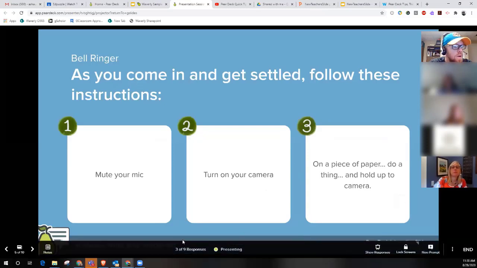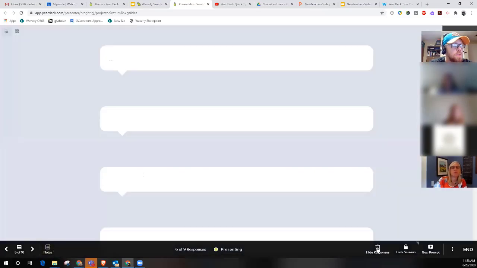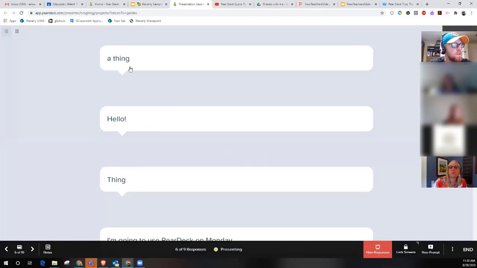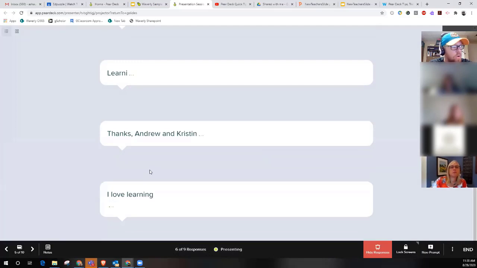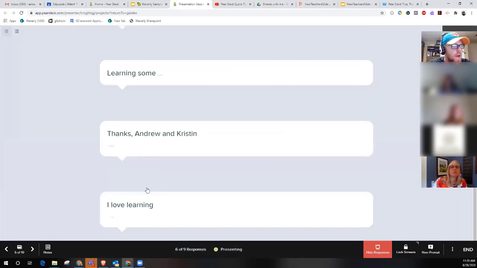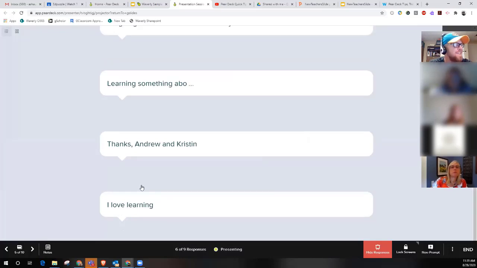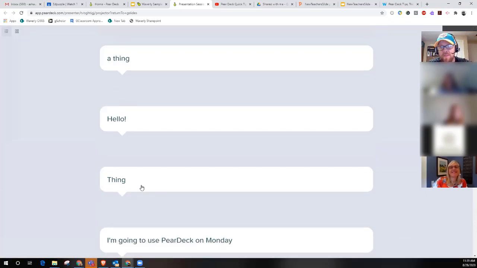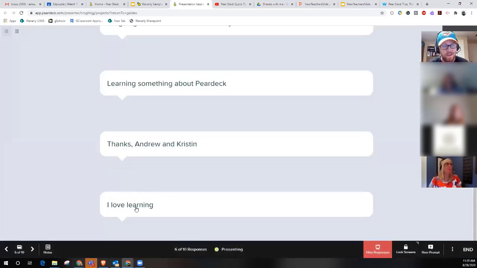But I, as a teacher, will have a dashboard that shows the responses. But you notice if I hit show responses, it is going to show anonymously what you guys wrote, so that you guys can see what each other wrote for the free response. And I have the opportunity to turn those responses back at you, but they're anonymous. So that if the person who wrote I love learning doesn't want everybody to know that they love learning,